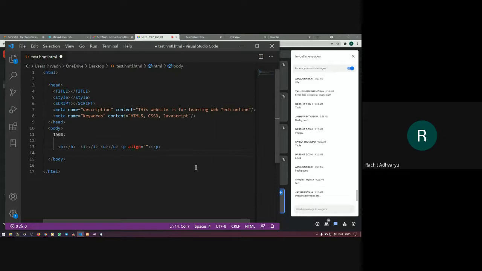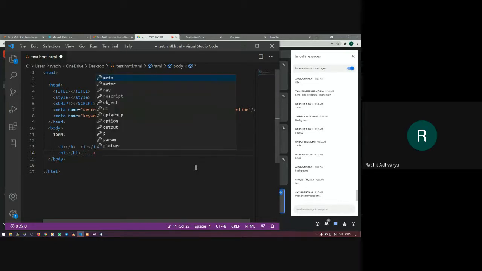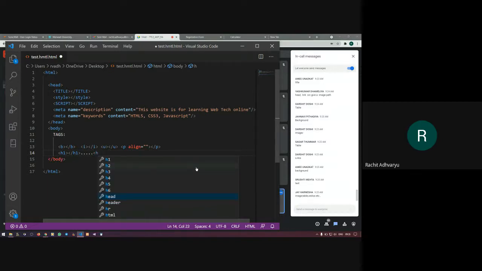Then you have H1 to H6 tags for providing different sets of headings. Right? So tell me which among these is the darkest and the largest one from H1 to H6.